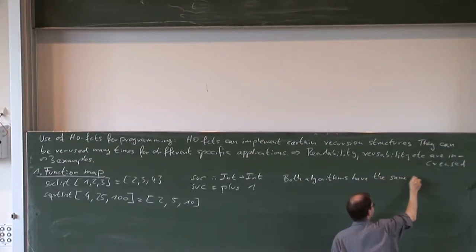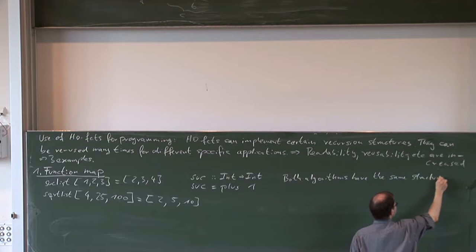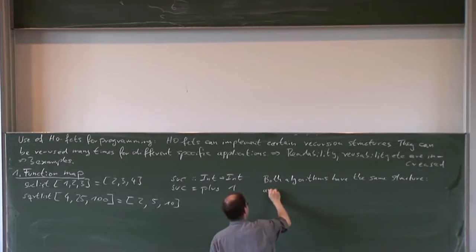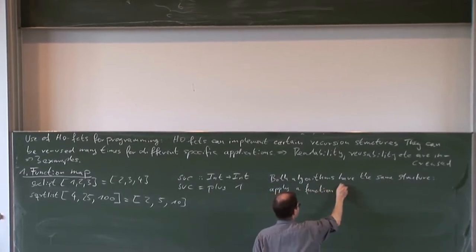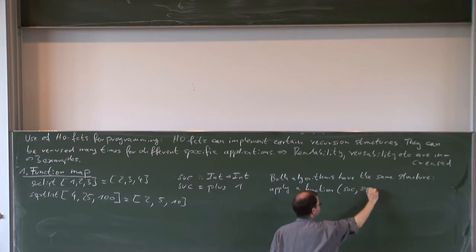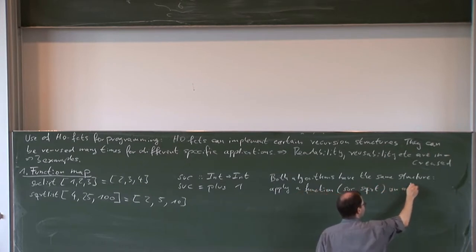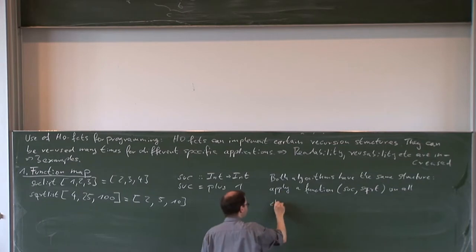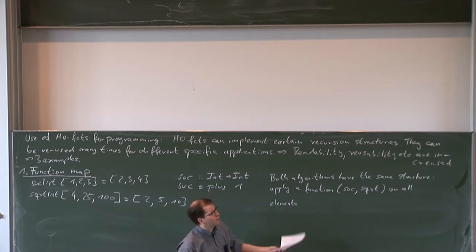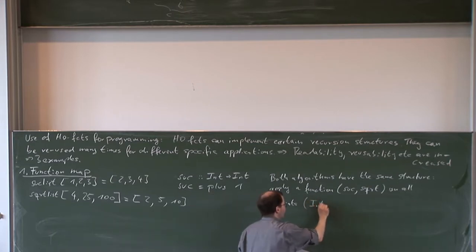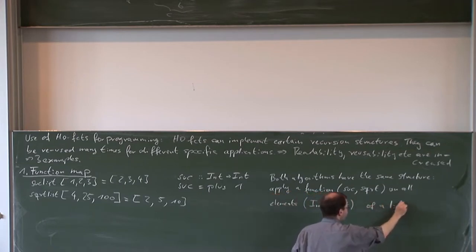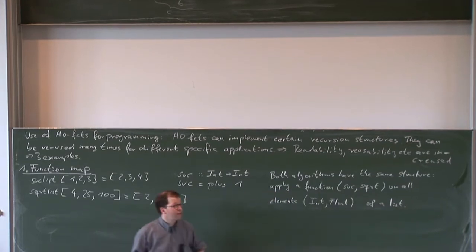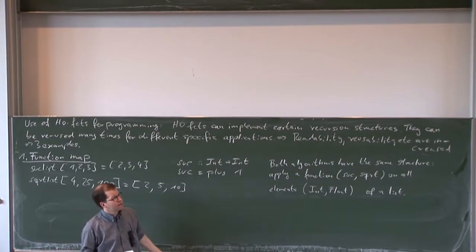So I have the same structure, and basically what they do is apply a certain function, and one time it is suc, and the other time it's square root, on all elements of a list. And these elements, well, one time these elements are integers, and one time they are floating points. And so the idea now is, let's try to abstract from the differences that we have between